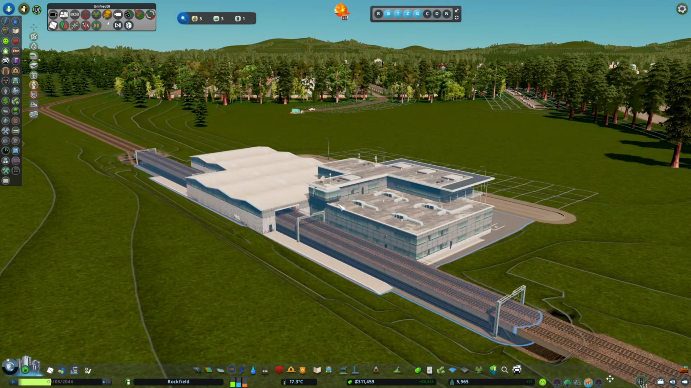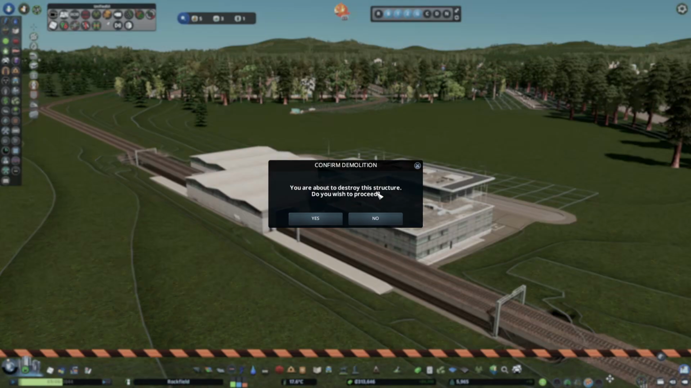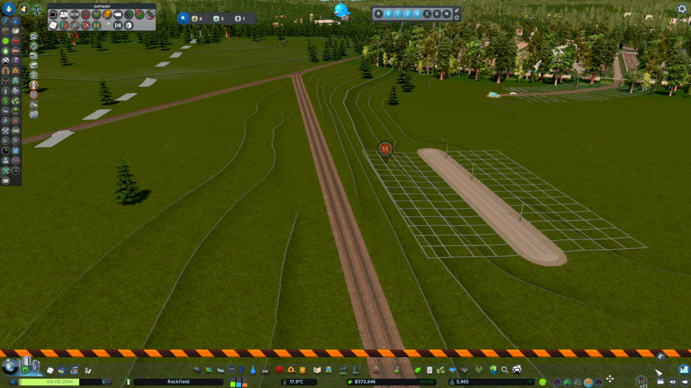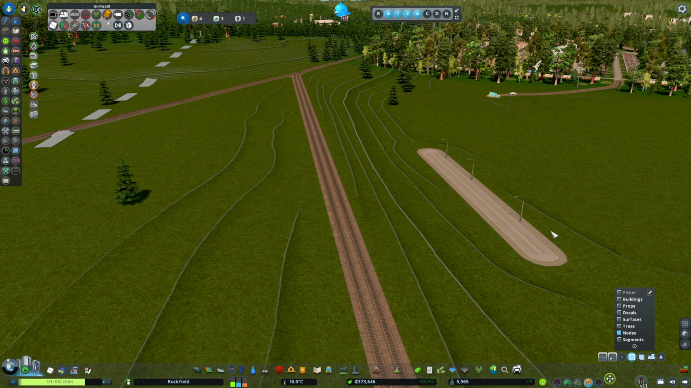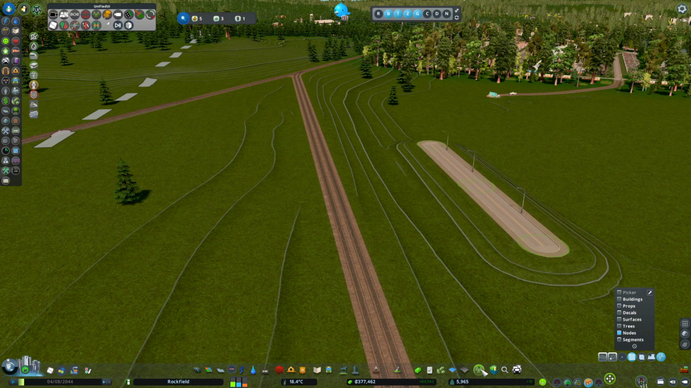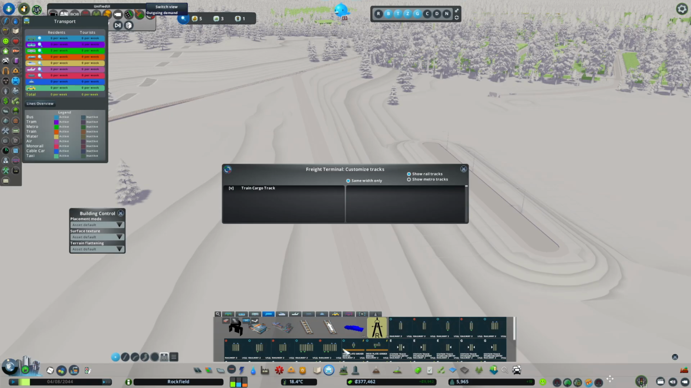Gee whiz, what on earth happened here? So what we'll need to do in that case is this terrain height is obviously a little bit different. I'm going to grab these nodes here, and we're going to control H them to here. Now, when we grab our cargo train terminal,